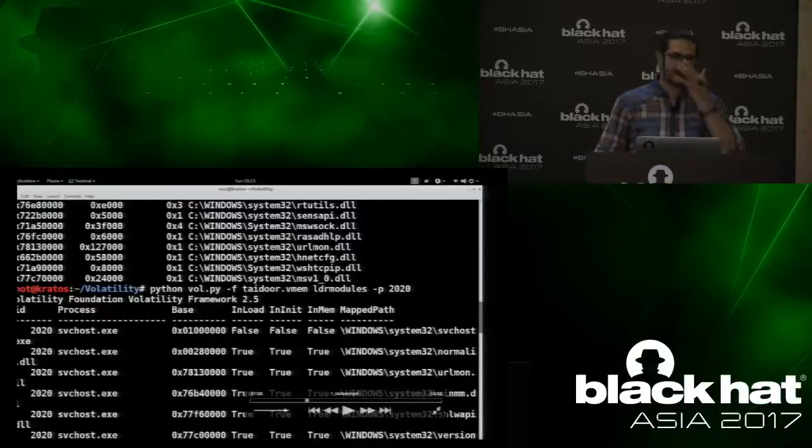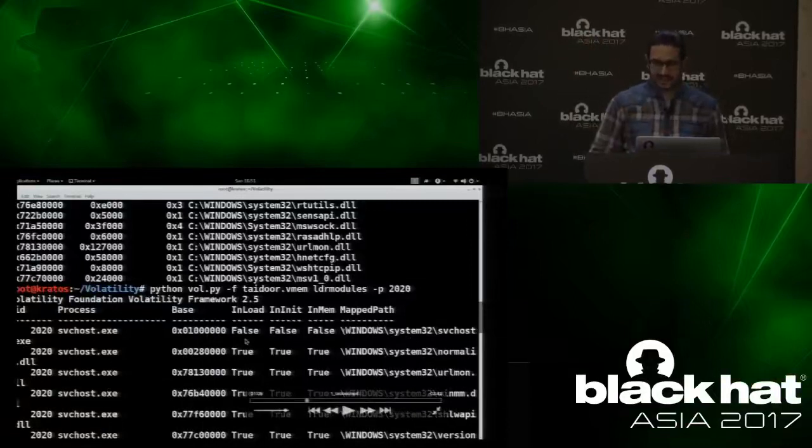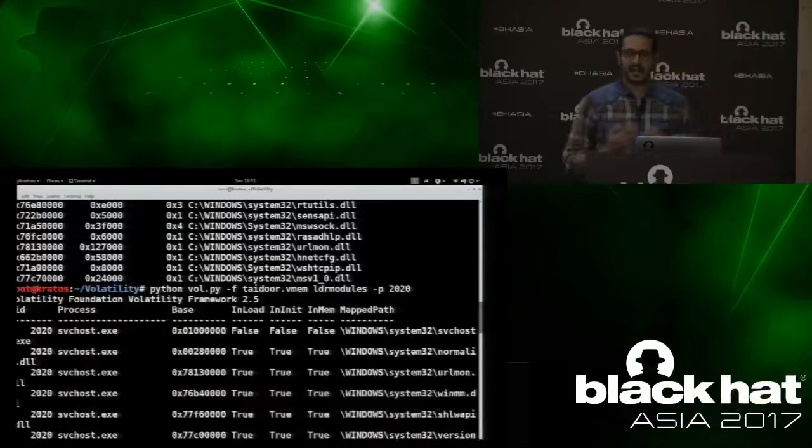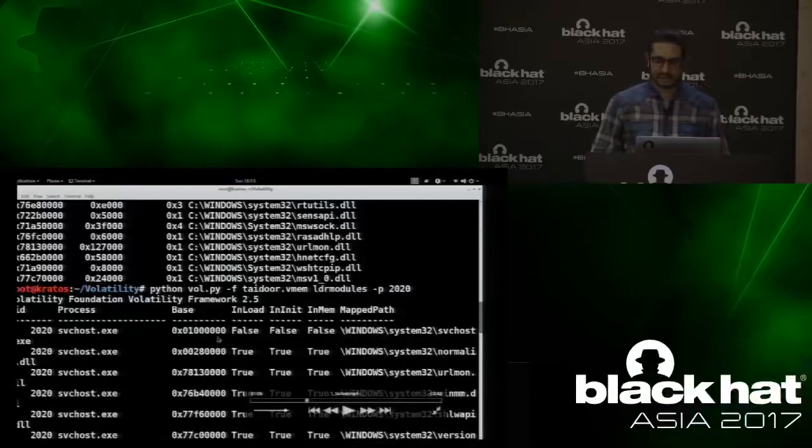That is one discrepancy. But if you paid attention to what I said, the LDR modules compare the 3 double linked lists and the VAD. You see that it also gives you a feeling that this executable is unloaded, meaning it is unlinked from the in-load order module list. It is also telling that it's unlinked from the in-memory order module list, which it's not. Basically, this is giving a false positive. Now, if you're an analyst and if you are asked to rely on a plugin, what would you rely on? You'll rely on the LDR modules because it correlates the PEB and the kernel data structure. You know that this is more reliable.